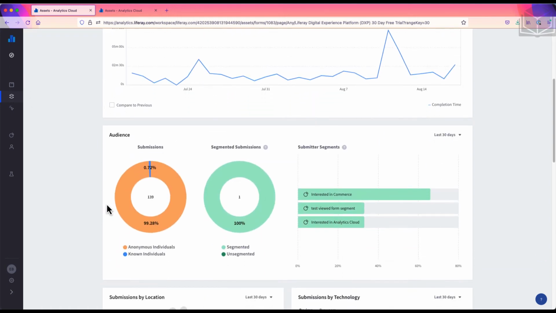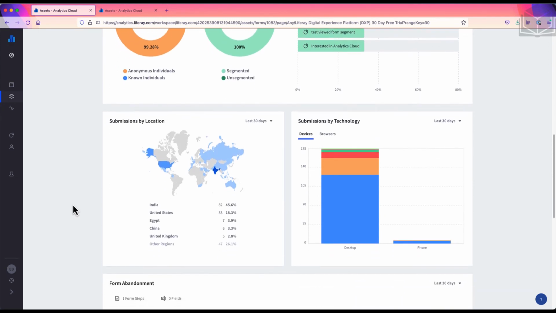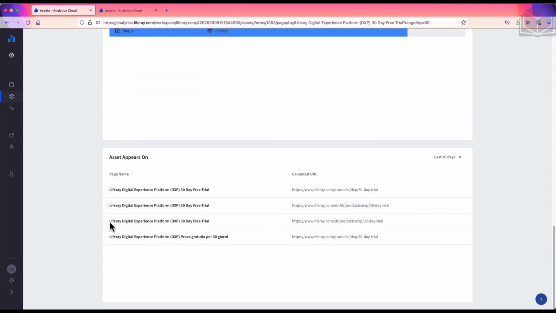the audience panel provides a breakdown of who is submitting form responses, in this case primarily anonymous individuals. Submissions by location and technology tell us where users are located and what device and browser they are on. So most of our users are in India, on a desktop, with Chrome. And at the very bottom of the page, we see the Asset Appears On panel, which lists every page where